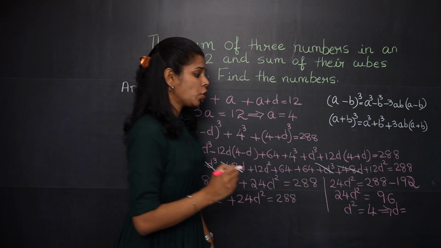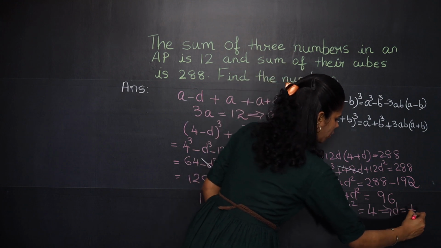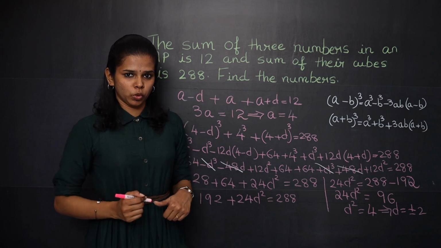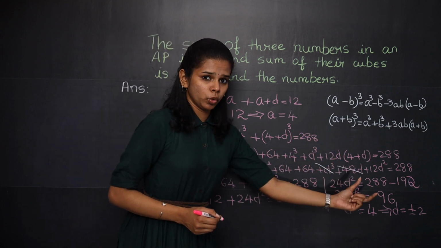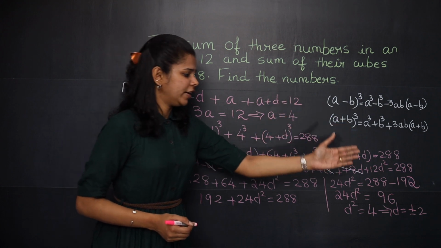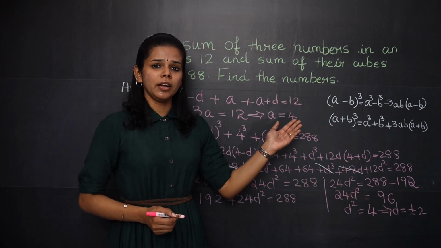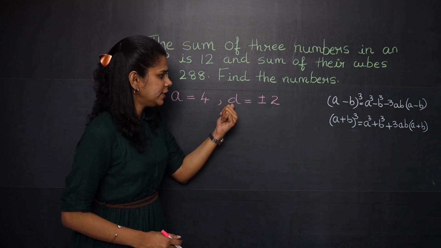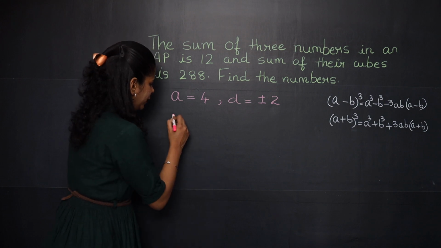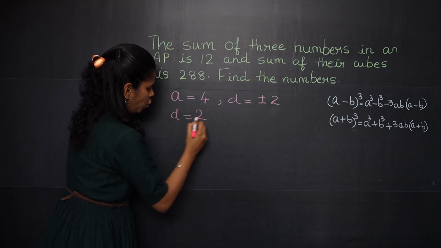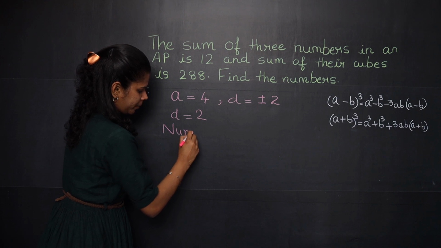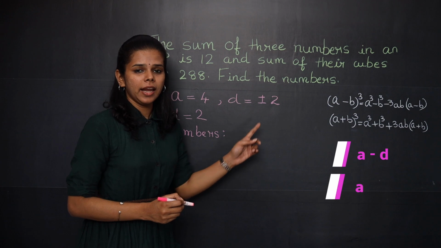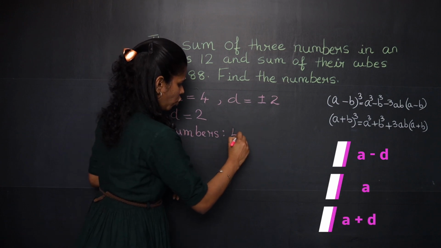You should write plus or minus 2. Either d can be positive 2 or it can be negative 2. So when d is positive 2, you should find the numbers. And when d is negative 2, you should find the numbers. So let's see that. So you got a is equal to 4 and d is equal to plus or minus 2. So when d is positive 2, the numbers are, you know the numbers are a minus d, a plus d. So that is 4 minus 2,